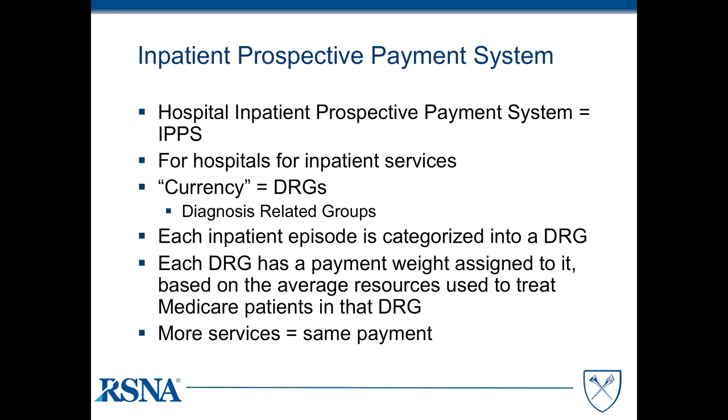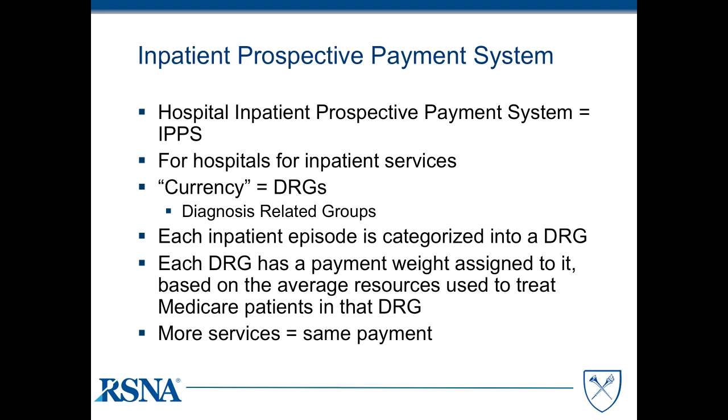One of the most common DRGs is for elective knee and hip replacements. There are other DRGs for sepsis and CHF and COPD and pretty much everything else that you can imagine. And most of these have DRGs to differentiate more versus less complex patients. For each DRG, the hospital essentially gets a fixed bucket of money that is determined based upon the average episode